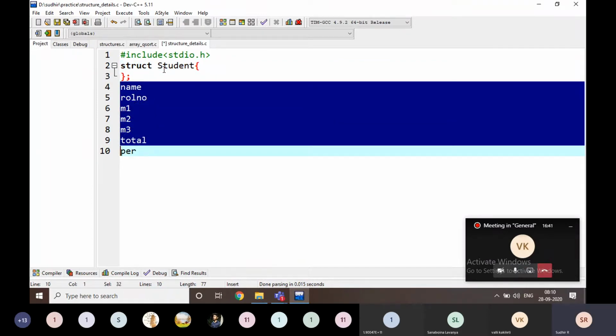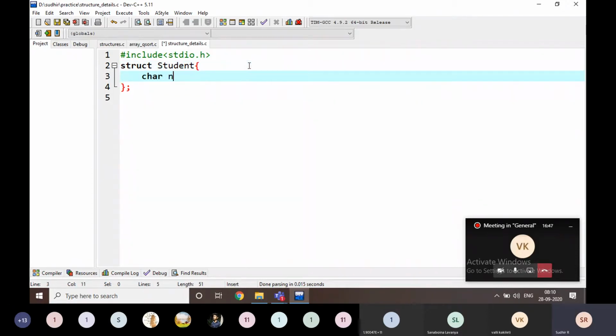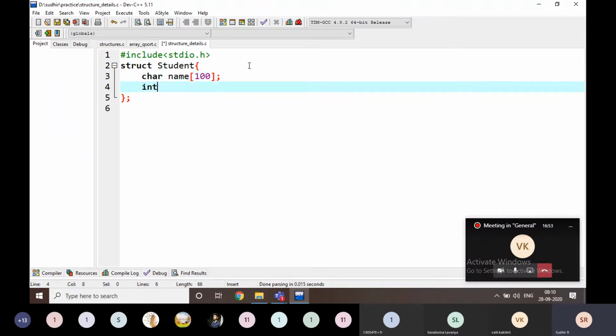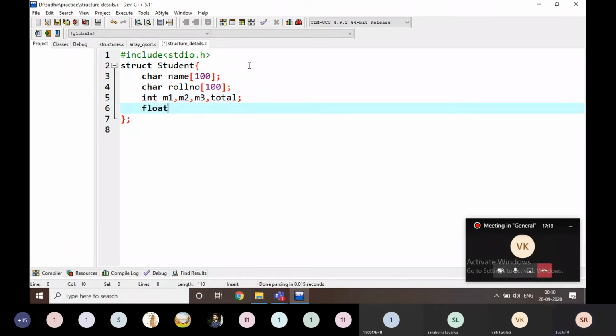I am going to write here, first one is a character, that is a name, that is going to be 100, and the next int, that is roll number, and int m1, m2, m3, total, float percentage, like this. This is the structure of one student.